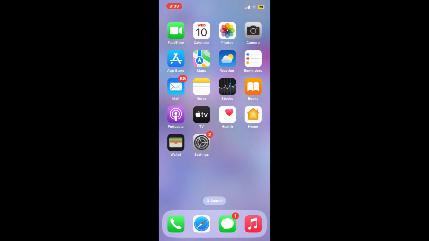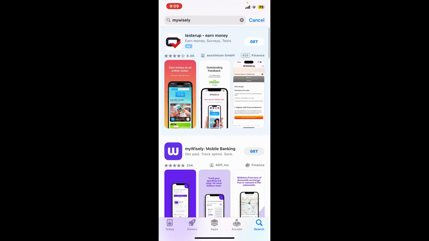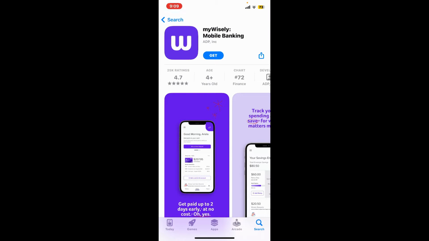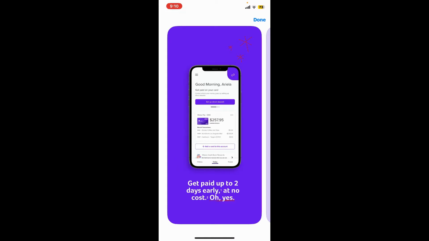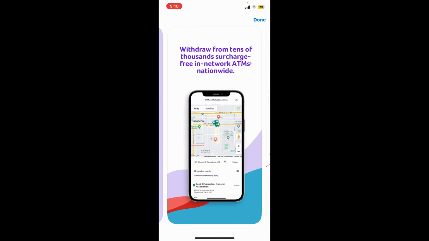Go ahead and open your App Store to get started. In the search box, type in myWisely and search. Go ahead and look for this myWisely mobile banking application and tap on the Get button to begin downloading the app. With the myWisely application installed on your device, you can track your spending, set budgets, transfer money, view pay